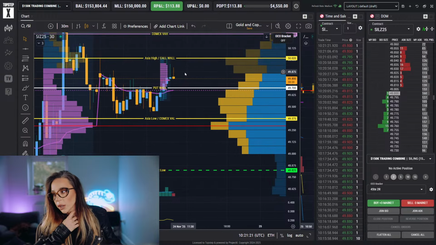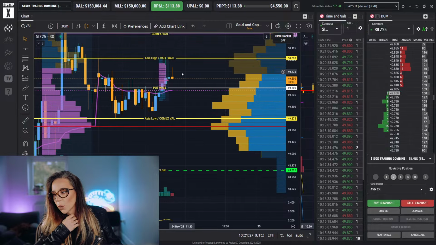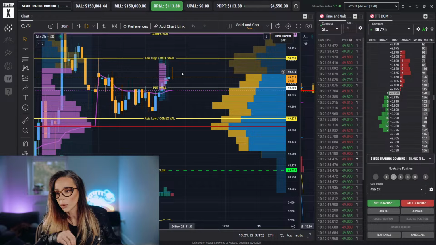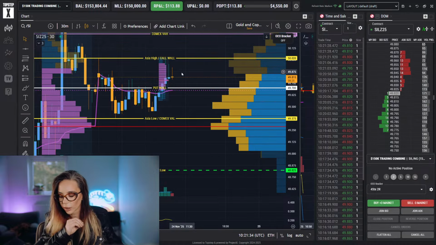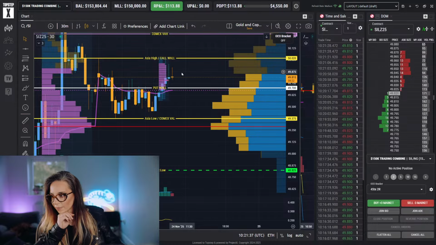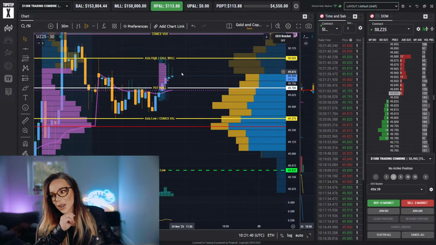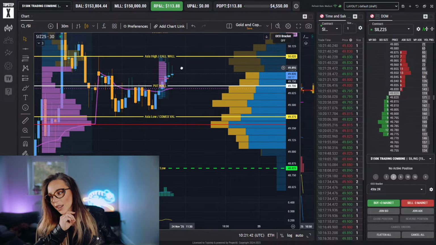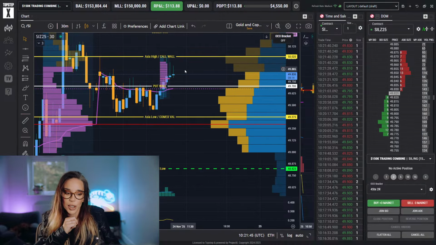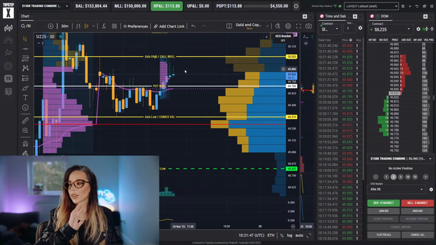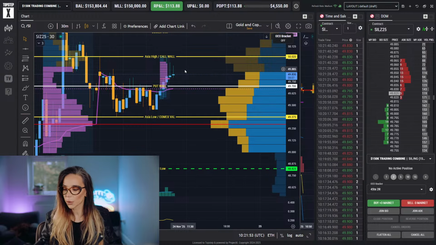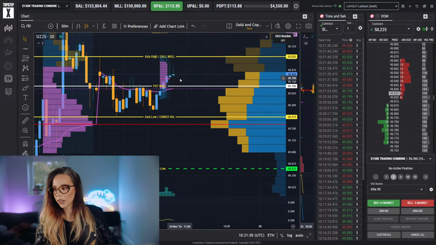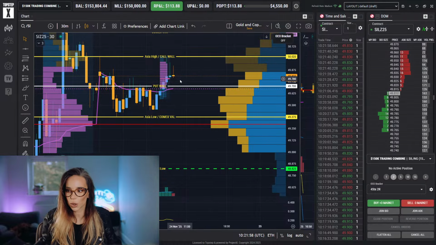We cannot just click buttons like lunatics, again, no disrespect to Coach Jay's team, clicking buttons like grasshoppers, boing boing boing. And then you're like, oh, I blew an account. I wonder why. So, some common sense, man. That's all I'm asking for here. Just some common sense. Like, wait for your level, breathe. Don't be a 3-year-old throwing the toys out of a pram. My level is not here. I want to trade. Well, that's great, but just wait.